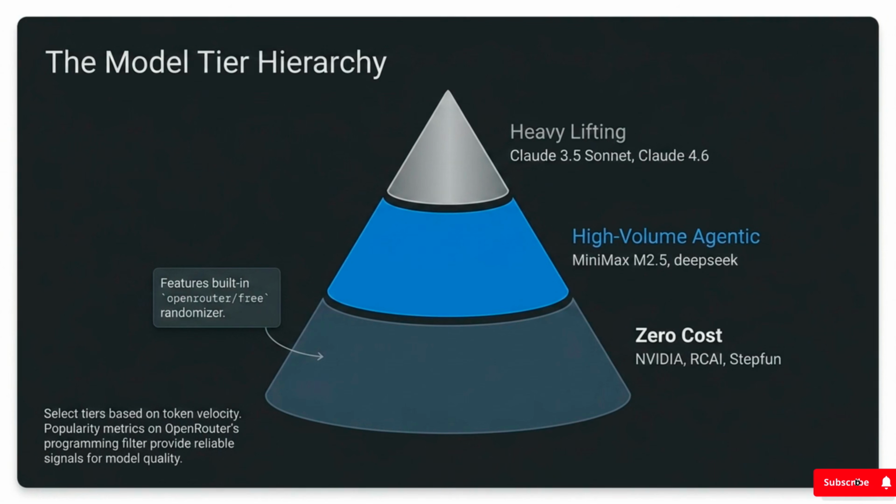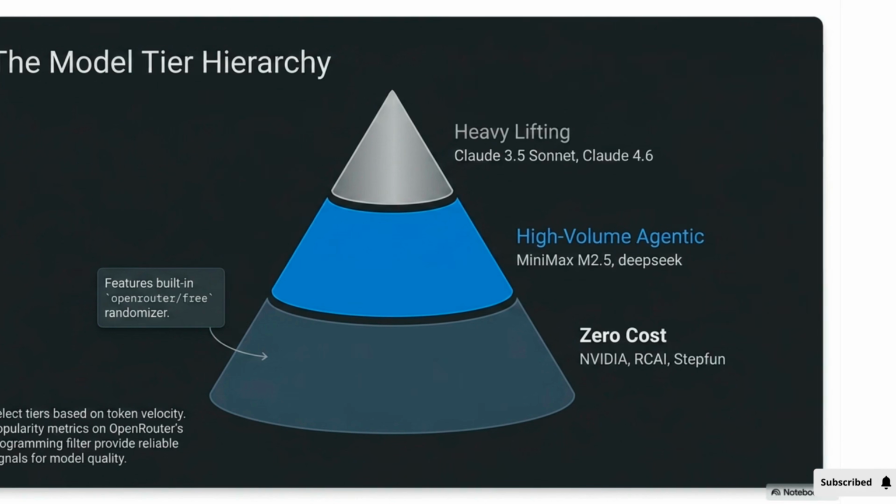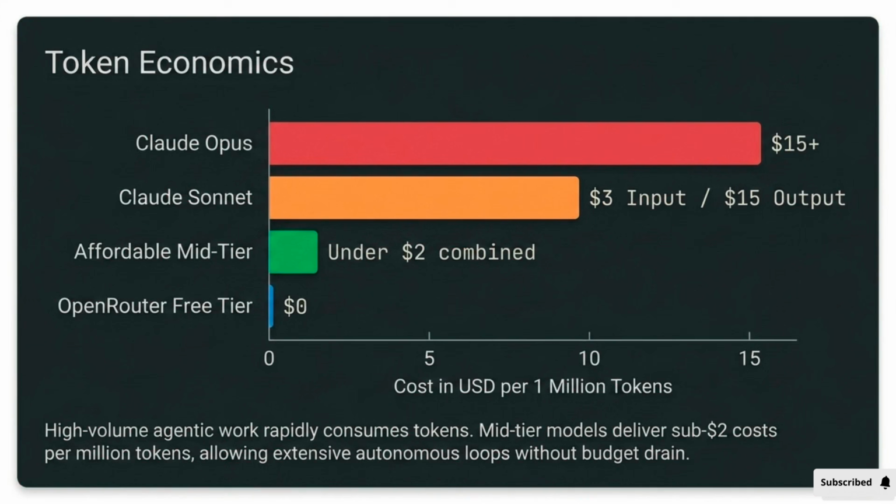OpenRouter offers a tiered model hierarchy. You have zero-cost options, high-volume agentic models like Minimax, and heavy-lifting models like Claude 3.5 Sonnet. Model selection can be guided by OpenRouter's popularity metrics. Examining token economics reveals the cost savings. Mid-tier models deliver costs under $2 per million tokens, allowing for extensive autonomous work without the budget drain of models